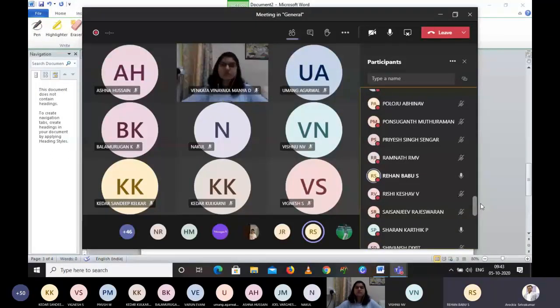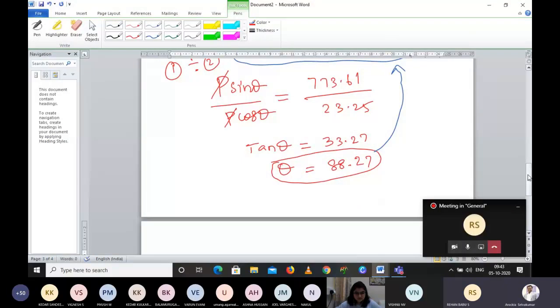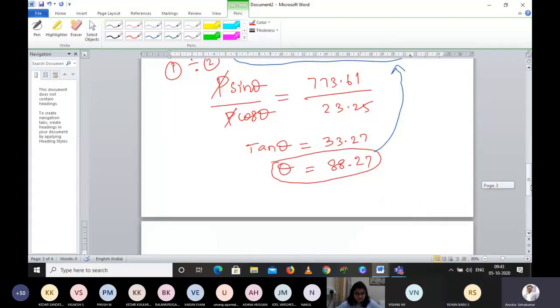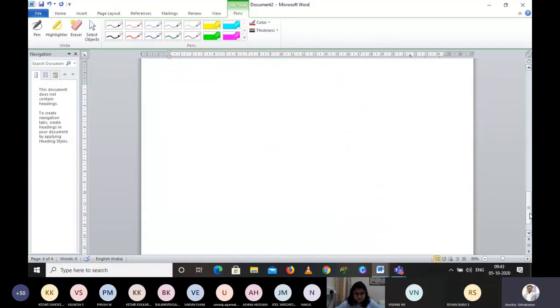Sir, are you there? Yes, sir. Please, Regan Babu, come and help me. I'm having some doubt with this slope. Yes, sir. Regan, what is given actually? Guys, please wait. I will solve one particular thing. The remaining things I will leave to you, okay? Regan is going to help.